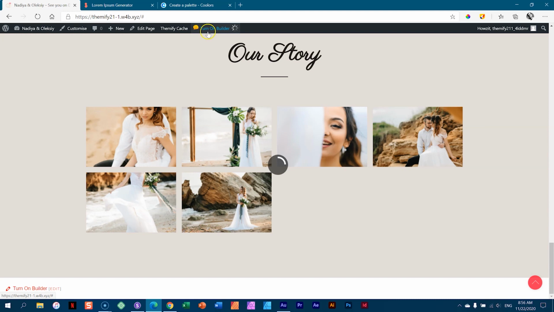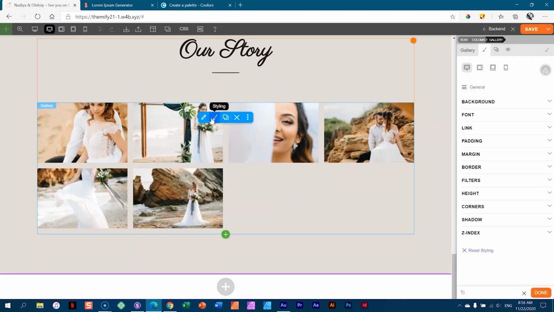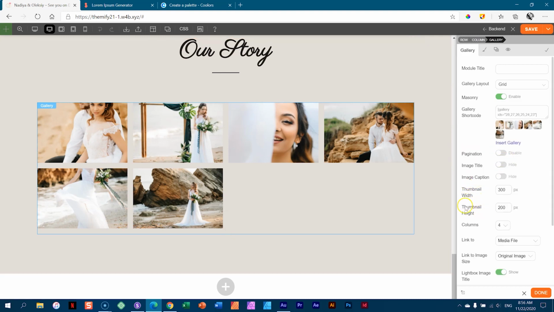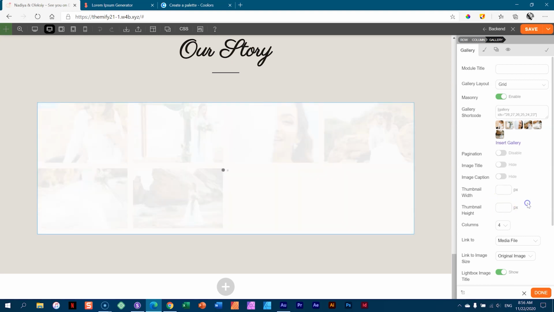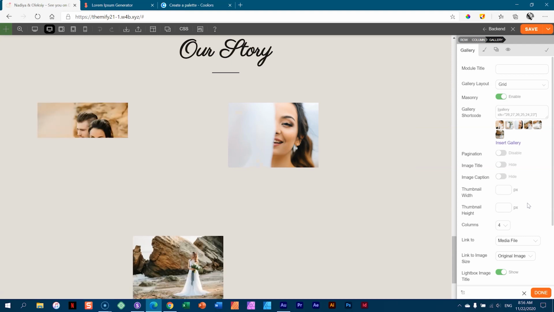And the reason nothing has changed with the masonry is for the following. Click on styling, click on edit, is that the thumbnail width and the thumbnail height is set here by default at 300 by 200. If you want to go masonry, first you have to do is delete this. Delete and delete. And now it will look at those images and sort them for you in terms of masonry,